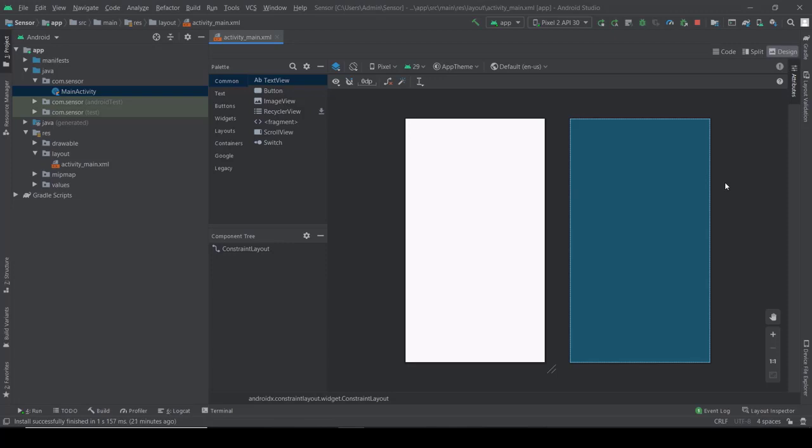In particular, mobile phones have two types of sensors. One is built-in sensors, and another is added sensors. By default, our mobile phone has built-in sensors only, and very rarely are added sensors used as of now. So these are the sensor categories. There are three categories in total: motion sensors, environmental sensors, and position sensors.